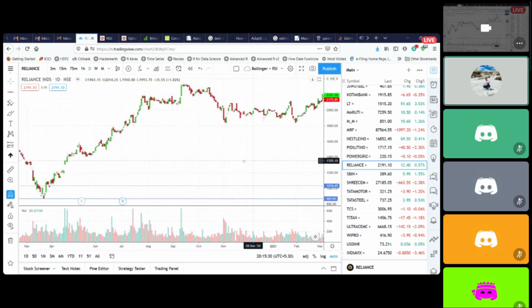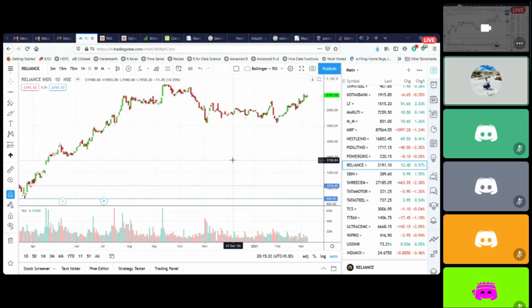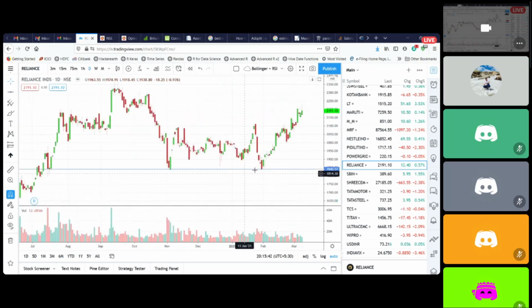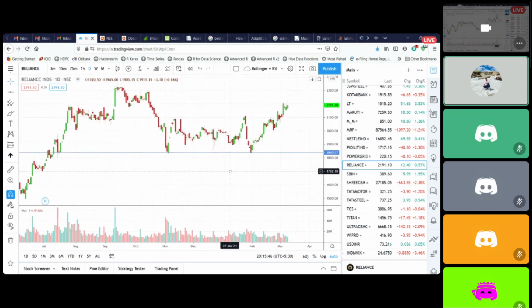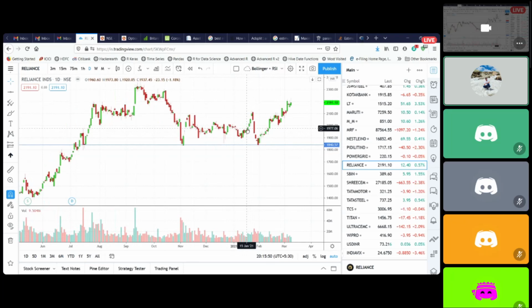And I think so far it is continuously respecting the swing lows. So these are the swing lows. Now 1840 has become a very, very important support zone for Reliance. It has taken two supports here. So this swing low becomes very, very important now. Just keep watching out for this. If Reliance breaks this low, then I would stop taking any trades in this at all.